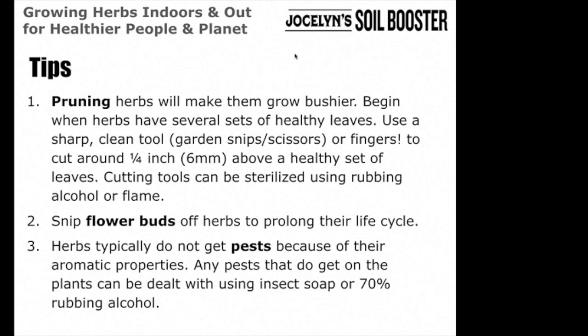Another key point would be to snip off flower buds. Again, remember that a flower is the way that a plant reproduces. They continue their lifespan, their genetic code, by producing seeds through the mechanism of flower creation. The downside to this, of course, is that as soon as a plant produces a flower, that is where it is focusing its energies. That is where it's going to be sending the majority of its resources, its nutrients, because that's the next generation. That's how it continues. That's ultimately survival of the fittest in that flower.